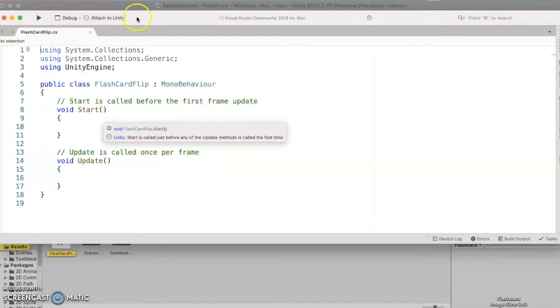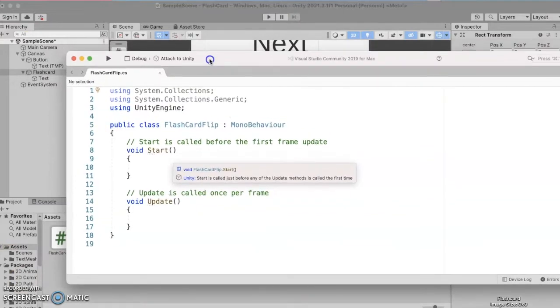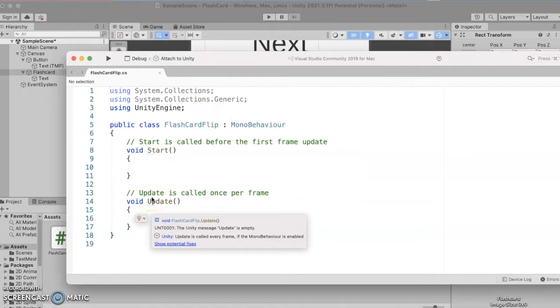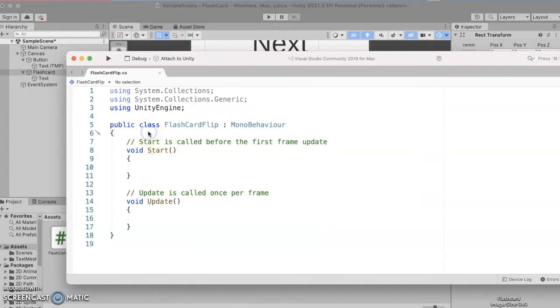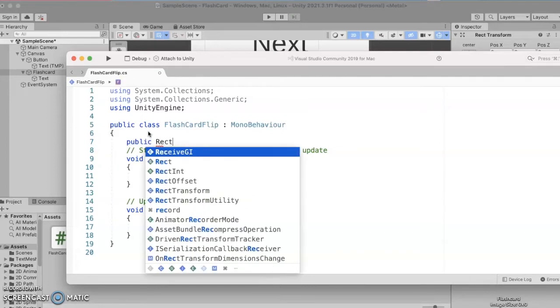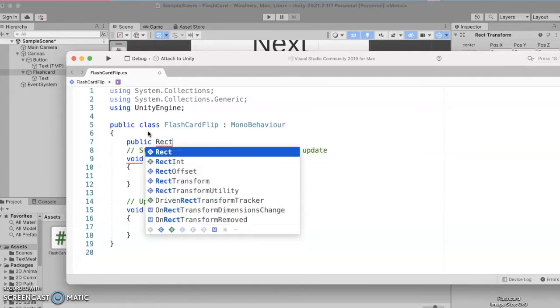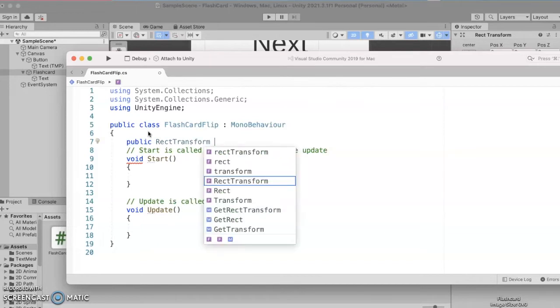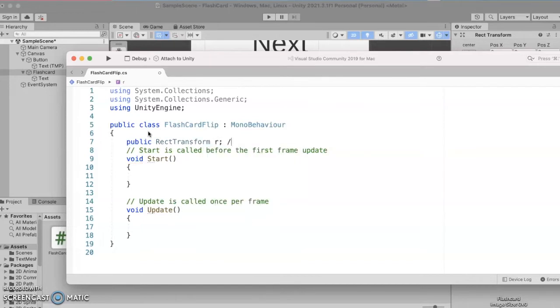And from the default code that comes up, I still do want a start function, and I still actually do want an update function, but I'm going to add some public variables and fields to this right at the beginning. So the first thing I want to add is a rect transform. And you can call that whatever you want. And I'll put in a comment saying this is going to hold the flashcard